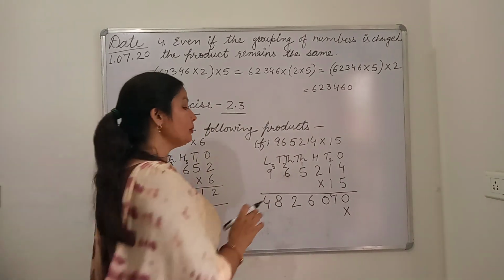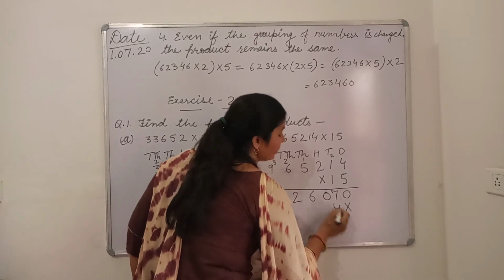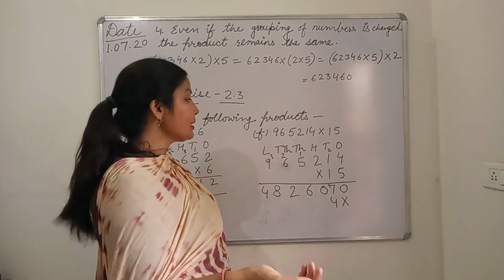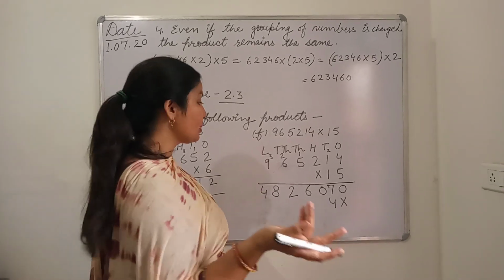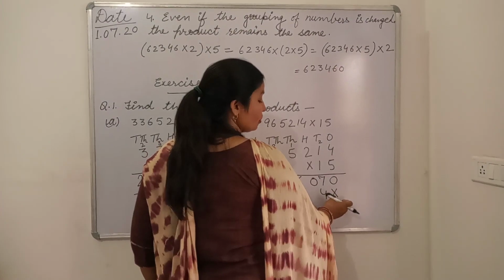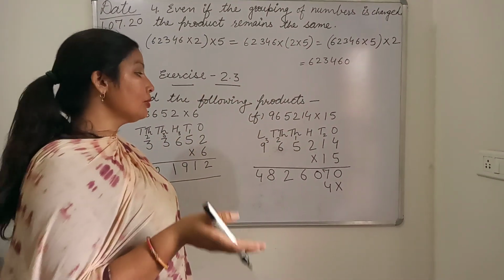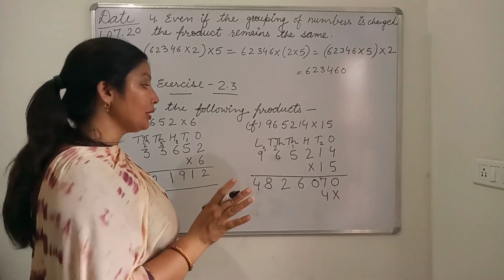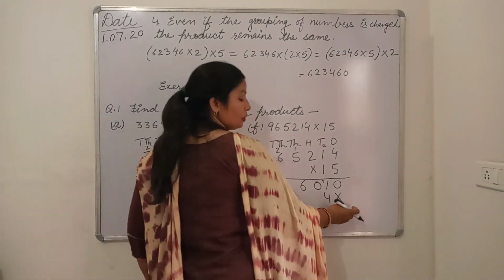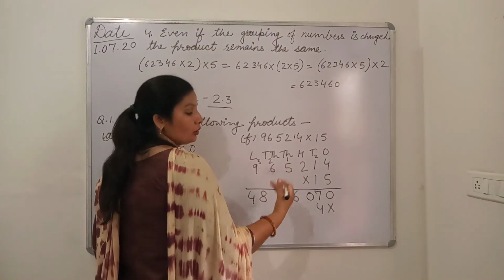Okay. So now 1 fours are 4. Firstly multiply by the ones column, then multiply by tens, then multiply by 100. The same process will follow here also. But we should make a cross or 0 here because we are multiplying by the tens column. The ones column multiplication we already did. Now we are multiplying by tens, and in tens, the ones column has 0. That's why in the ones column we should make a 0 or cross.